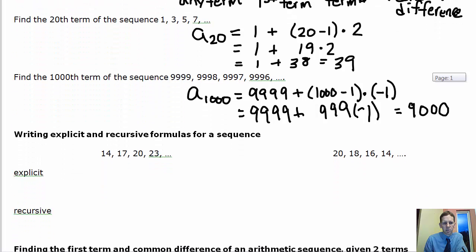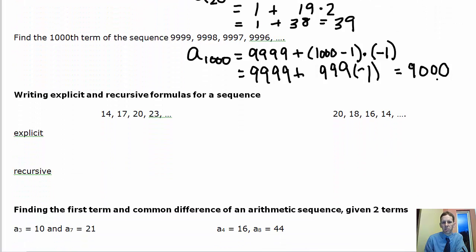So writing explicit and recursive formulas for a sequence involves some of the same operations that we just worked with. For example, to write the explicit formula for this sequence, we are going to start off with a sub n. I'm going to plug in the first term, a sub 1, which is 14,